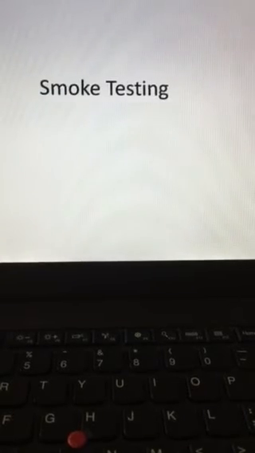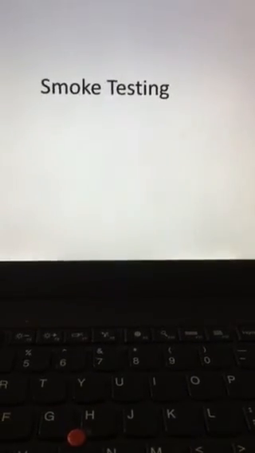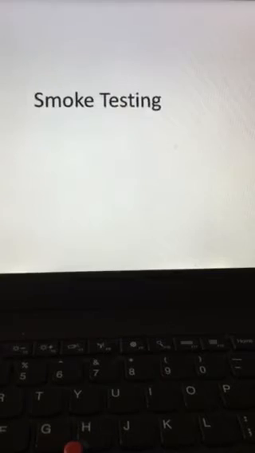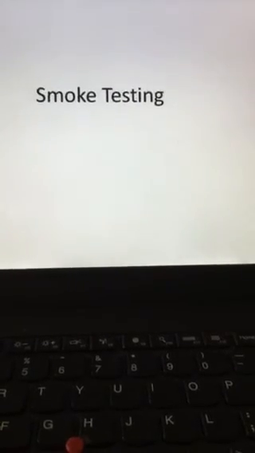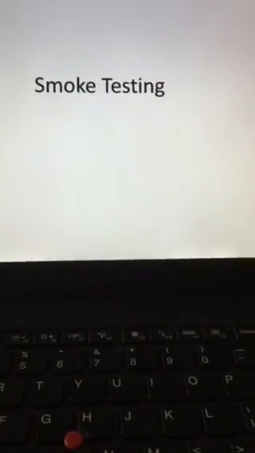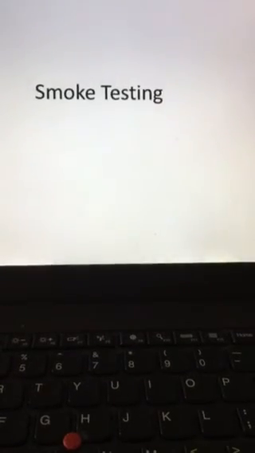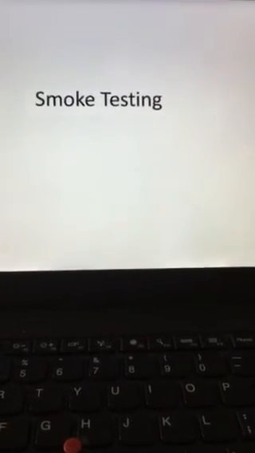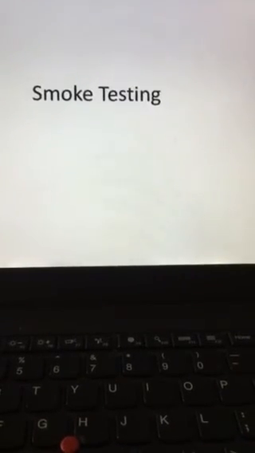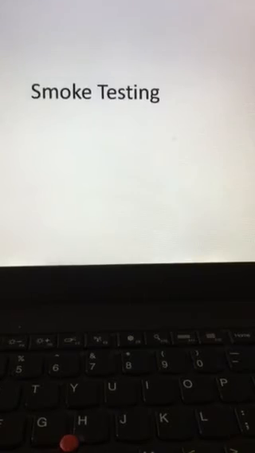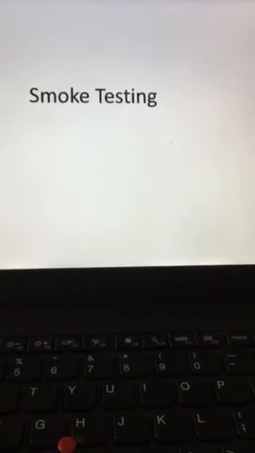This smoke testing is very important because sometimes some critical functionalities will be missing. It might be because the developer is not so sure, or because he must have missed some requirements. So in the initial phase, if you take a look and come to know that some critical functionality is missing, you can immediately alert the developer asking him to check and get it corrected, and then you need not waste your time.